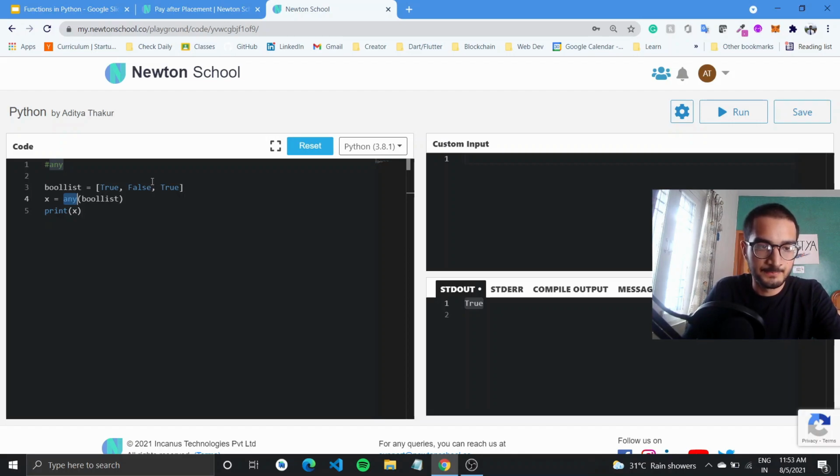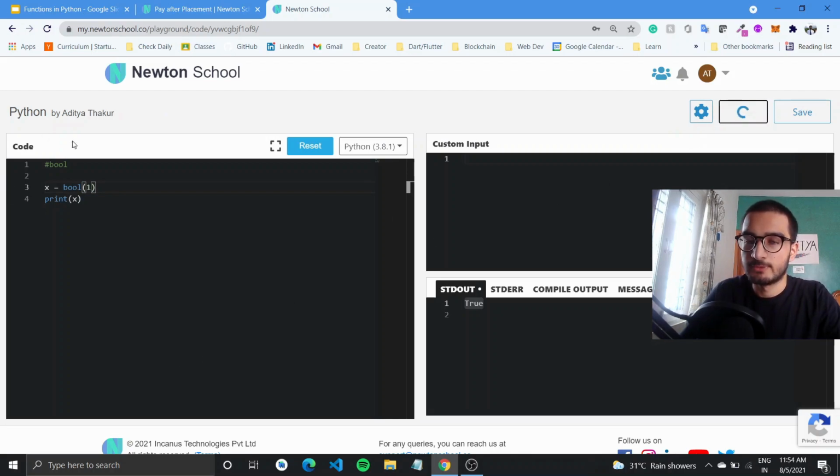One is the bool function, which returns the boolean value. How this works is basically you can type in bool, we're looking at the bool function now, and it returns the boolean value. Let us say there is an x variable, and you type in bool and pass in a number.